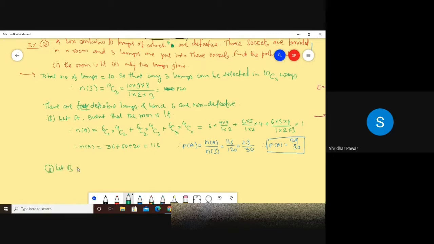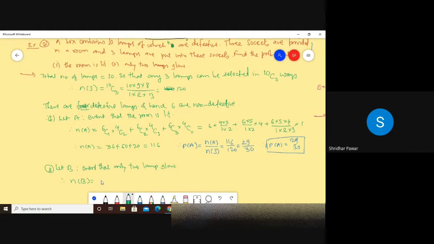Let B be the event that only 2 lamps glow. Therefore, n of B, only 2